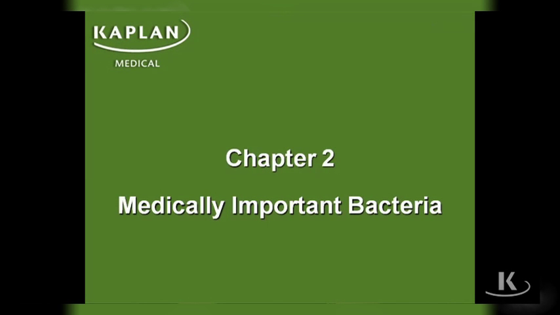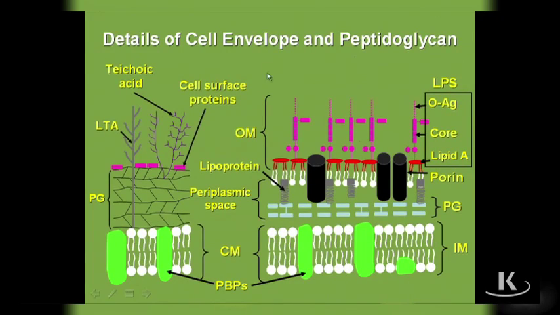All right, now we're going to look at Chapter 2, which includes all of the medically important bacteria. We're going to start with just some introductory information, looking at some of the properties of the cell wall and some of the different types of culture medium, etc., before we actually get into all the clinically relevant bacteria. Now, in this slide, what you're looking at are basically the difference between a gram-positive cell wall and